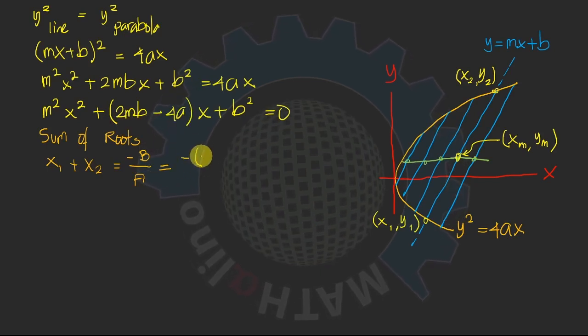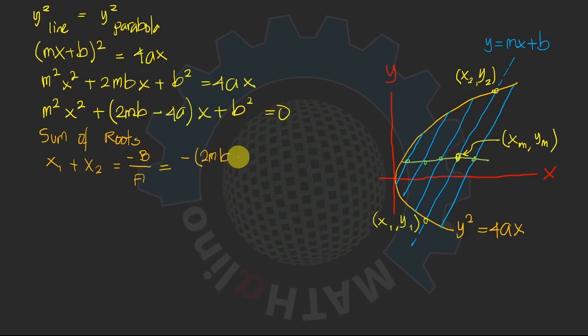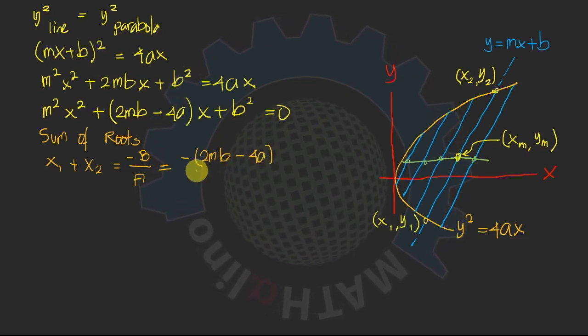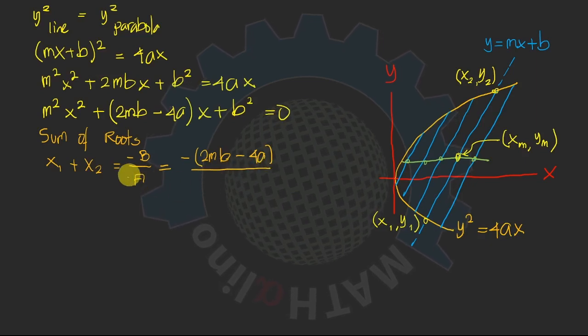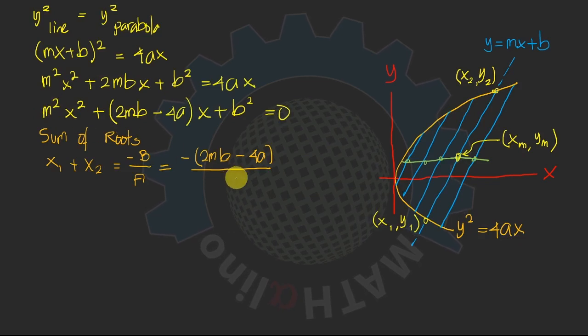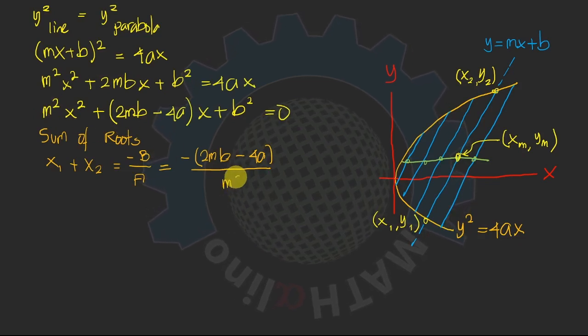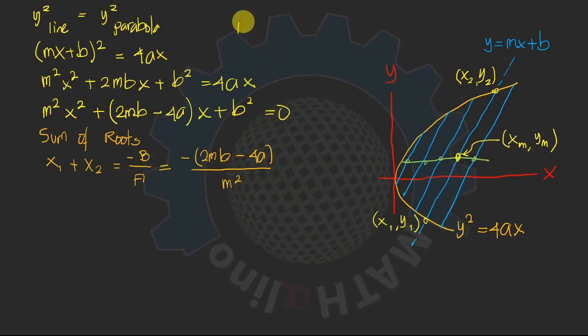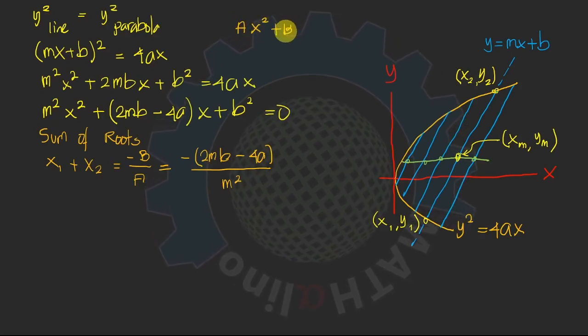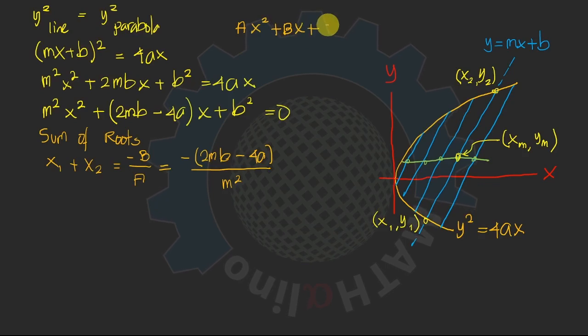Negative of that one, 2mb minus 4a all over a. What is the value of a? This a is the coefficient of x squared. That is m squared. Take note, our quadratic equation is in the form ax squared plus bx plus c